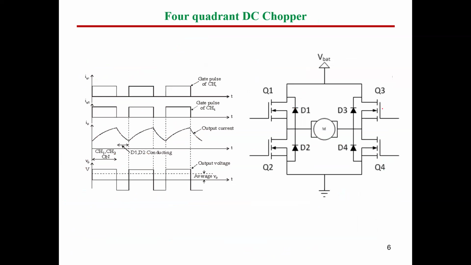So if you have a DC motor like that, the very well-known circuit used for 4-quadrant operation is this circuit. We call it in industry the H bridge or full bridge converter. It consists of 4 MOSFETs with anti-parallel diodes, as you can see. The concept of this circuit is, if you turn on Q1 and Q4 together, it will provide the current flow like that,